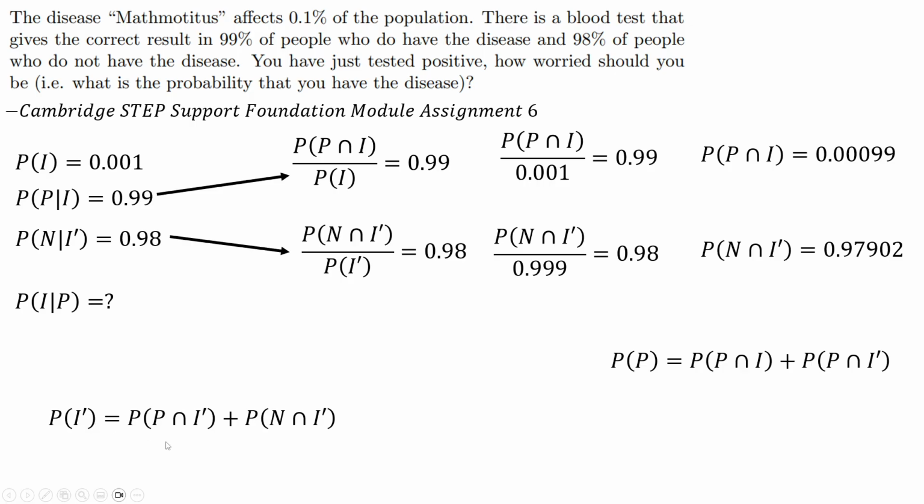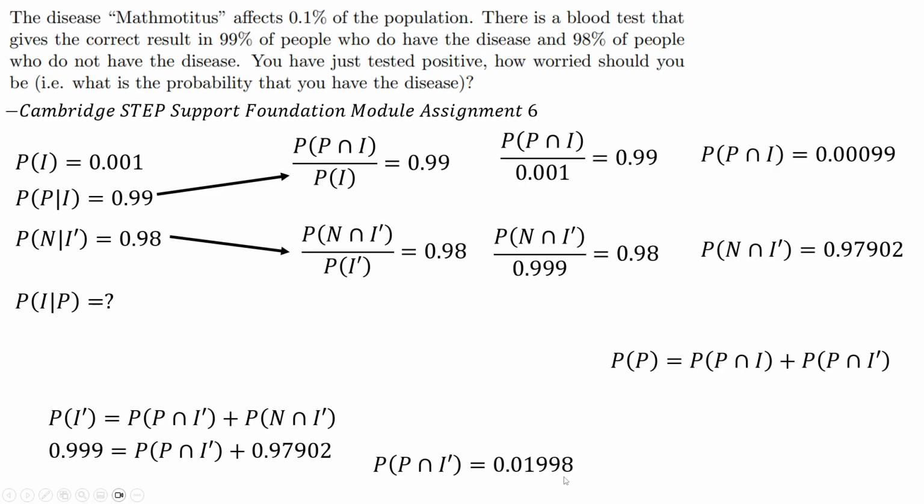Okay, hopefully that makes sense. Now the probability of not being infected is 0.999, because that's just 1 minus this. And then the probability of N and not I is this here. So we'll plug those two in, and we can rearrange to get the probability of being positive and not infected as